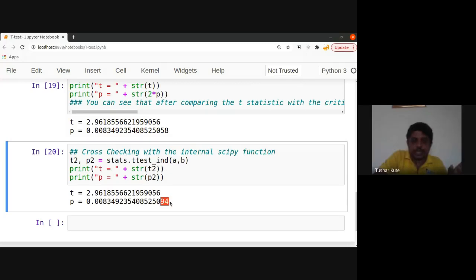Here we have a small difference at the end. If 58 is there, here it is 94, but it's okay, it is 0.8% only. The probability that the difference in population means is wrong is 0.8% only. And the t score is very high, that is 2.96, which we can see over here. So this is the independent sample t-test. Independent means two different groups are taken from two different populations, and then we perform hypothesis testing on them. It will be done by this particular method, the independent sample test.